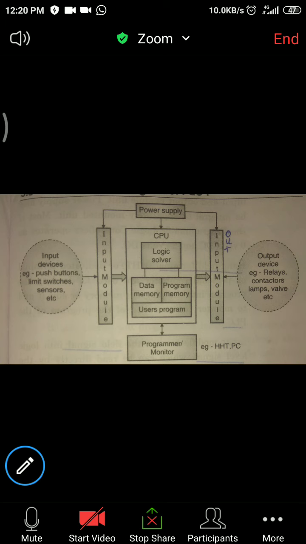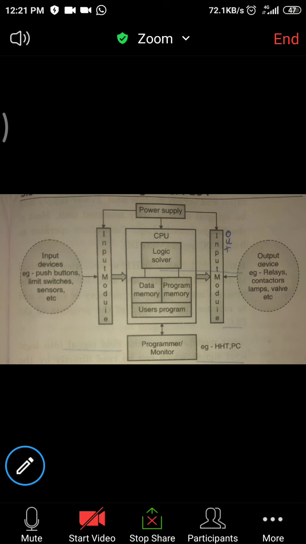Whatever inputs are given by the input devices are recorded by the input module, meaning what is the status of first button, second switch, third switch. So the input module continuously monitors the status of input. Then that input status is given to the CPU.